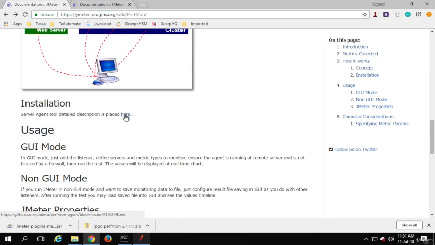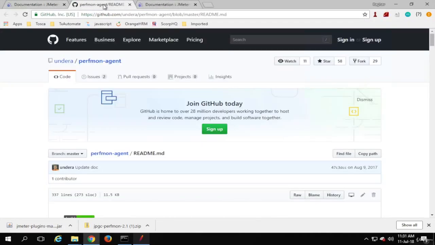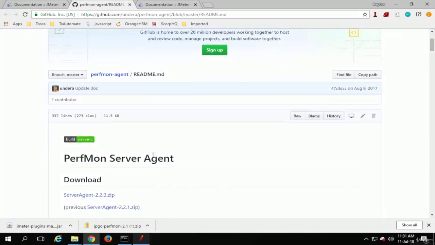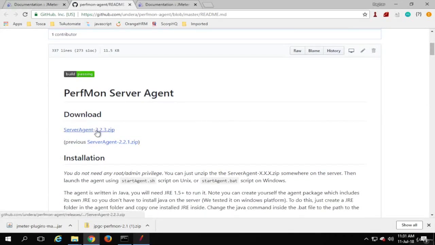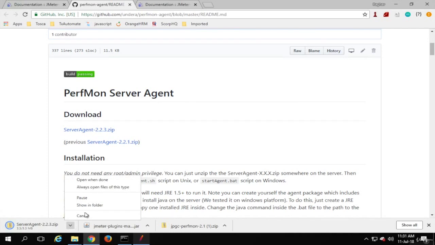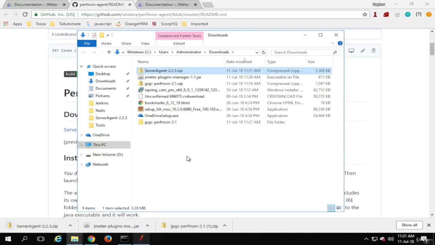If you go to this page, here is the GitHub page for this perfmon agent, and you can get it from here. You can download the zip, unzip it, and this thing you have to do on the server. That means on the machine where your application is hosted.